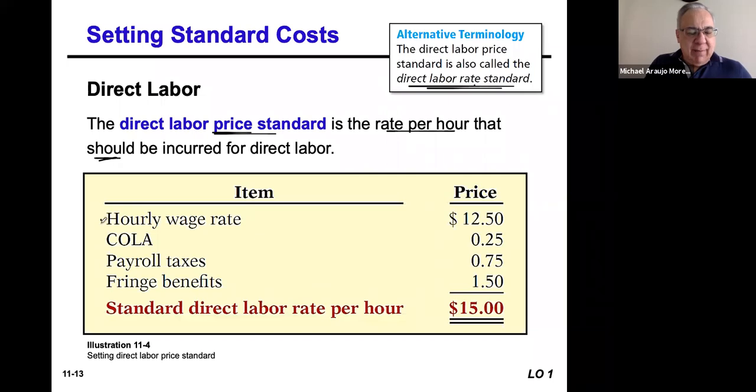The hourly rate plus the cost of living adjustment plus a payroll tax plus a fringe benefit. The standard direct labor rate per hour is based on this $15 per direct labor hour,